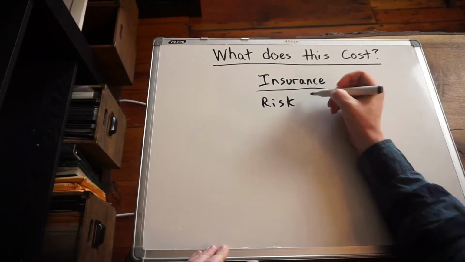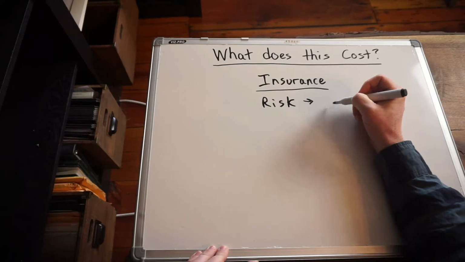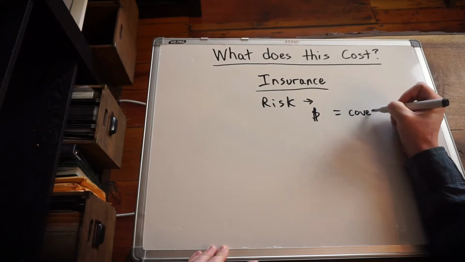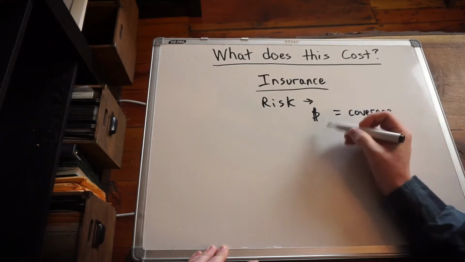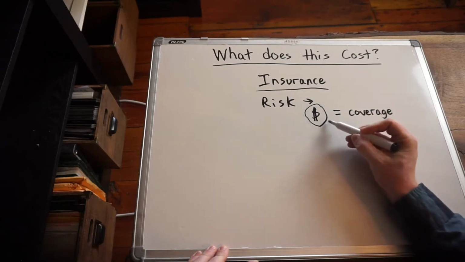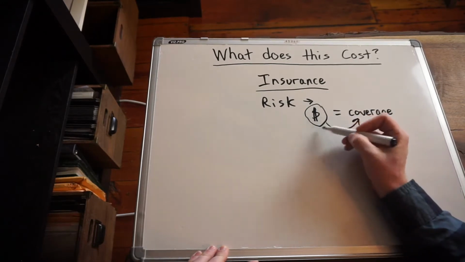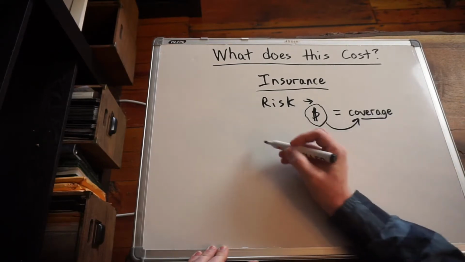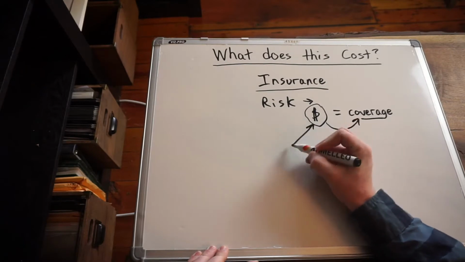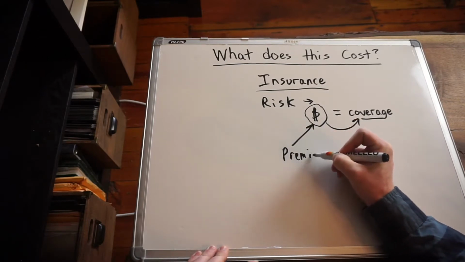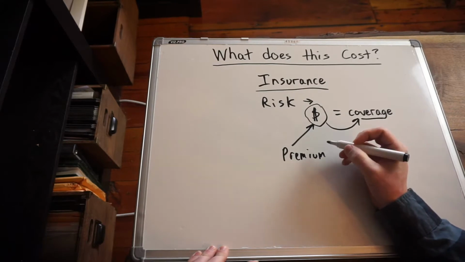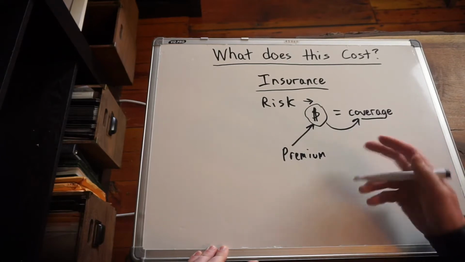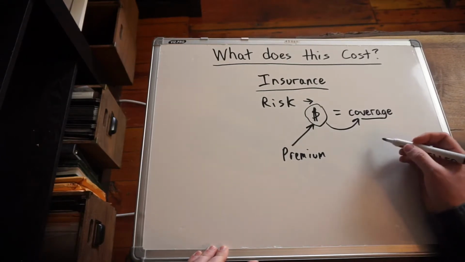And all insurance is a hedge against some sort of risk. And most of us know, to pay for that risk, the insurance company gets money from us that they in turn provide coverage for us on. So if you have auto insurance, you pay a premium every month, and in turn, they give you coverage. You pay your health bill every month. In turn, you get coverage in case something happens. Well, in life insurance, it's the same thing. You're going to be paying what's called a premium, typically every month, but it can also be annually. And that premium is going to buy you coverage as well as something called cash value, which is going to be the accumulation of cash inside of an account.